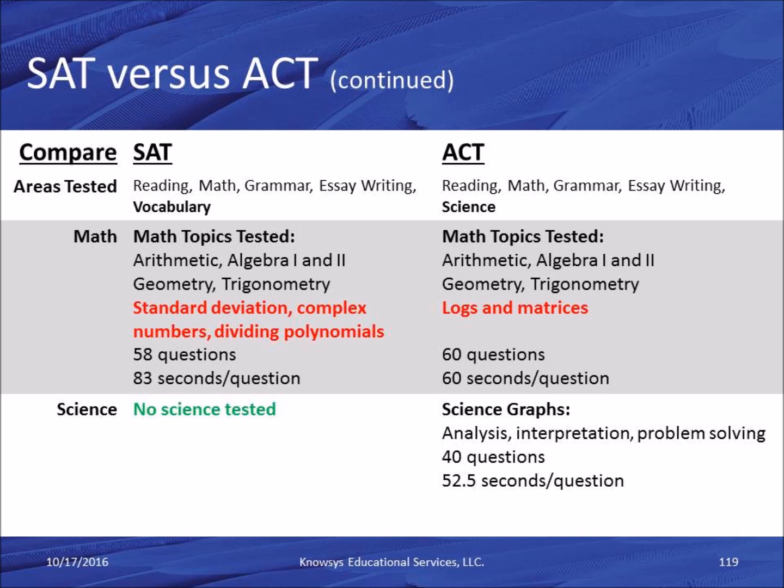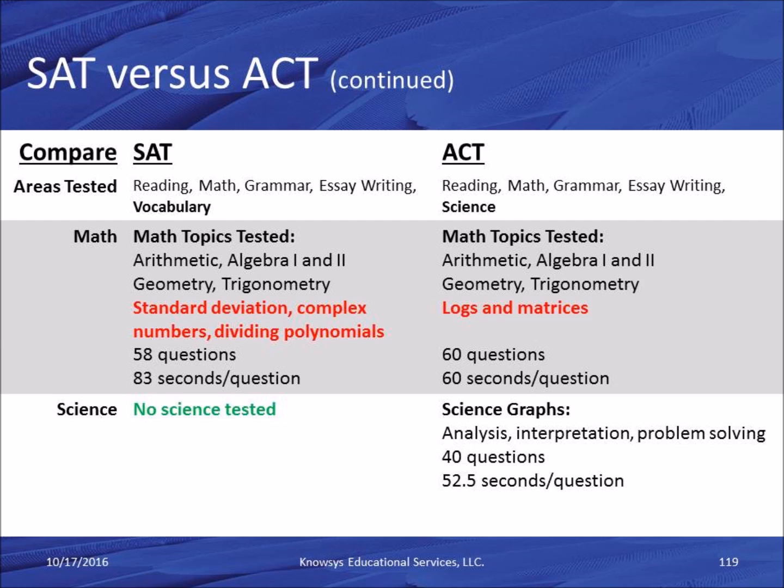But take a look at the number of questions and the time per question. This is going to be the biggest difference between the 2 exams. SAT has much more time per question. In this case, 23 seconds more per math question and 58 questions versus 60. Okay, science, there is no science, no complicated graphs on the SAT, whereas ACT, this whole thing is analysis and